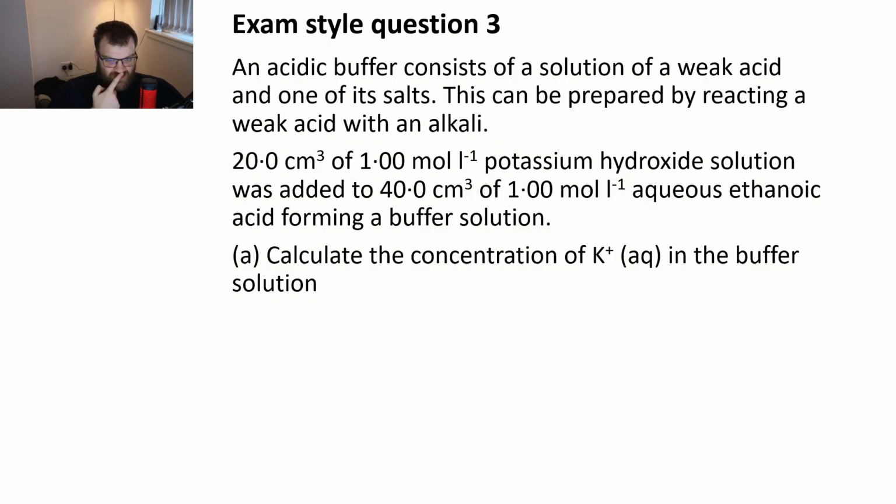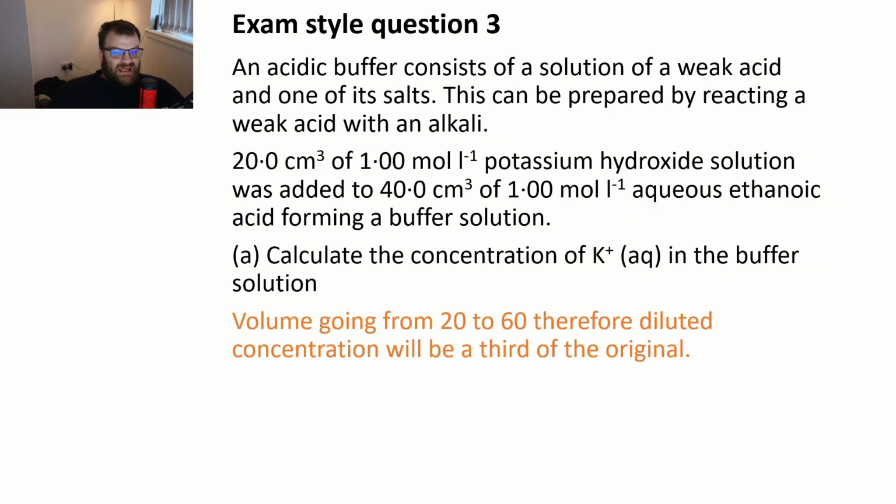But what we need to watch for is we're mixing them together, which means the total volume is going to be bigger than what we've started with. So because we're going from 20 centimetres cubed to 60 centimetres cubed, the diluted concentration will be a third of the original, because it's now 1 part potassium hydroxide, 2 parts ethanoic acid. So we would go from 1 mole per litre down to